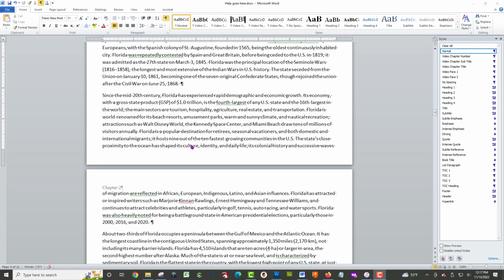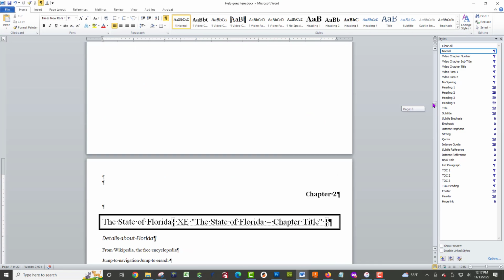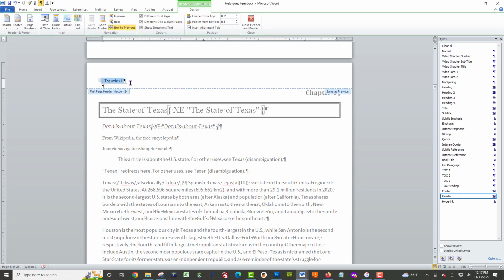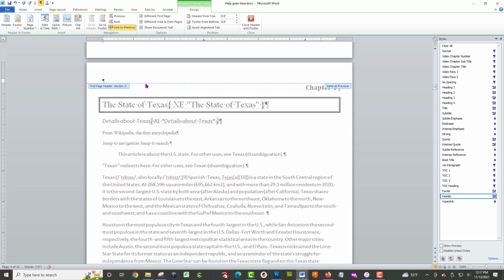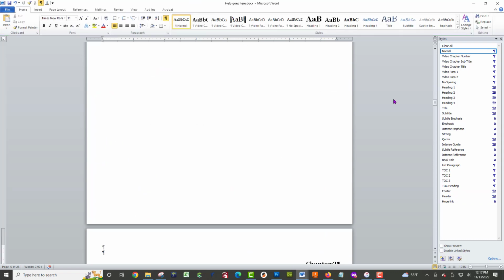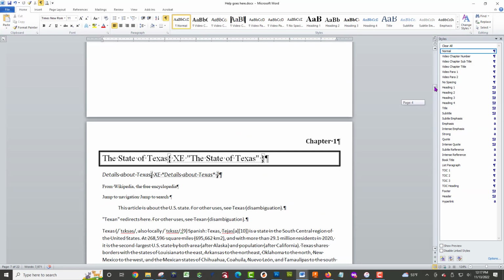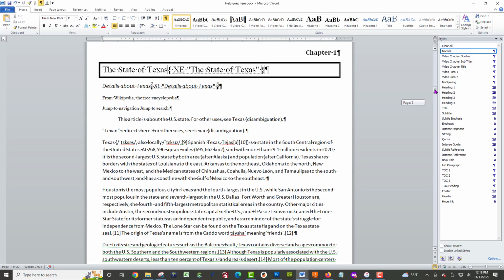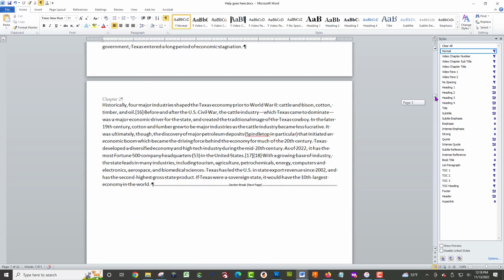So as we review our document, now we're going to come up to the very top again, or not the very top, but close to the very top. This came back in. We don't want that there. We want that deleted. Get rid of that. Close header footers. Okay. Texas. No header on chapter 1. On page 1 of chapter 1, we don't want that. On the left side of chapter 2 of chapter 1, we want